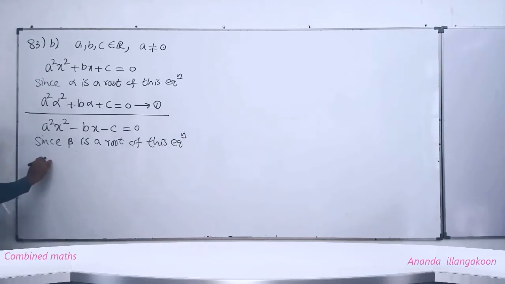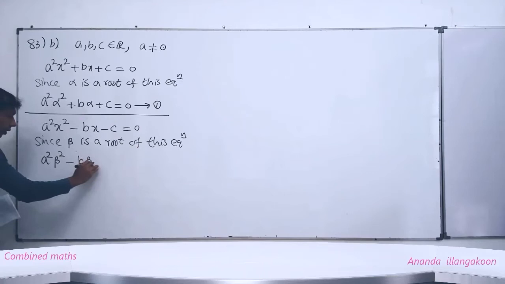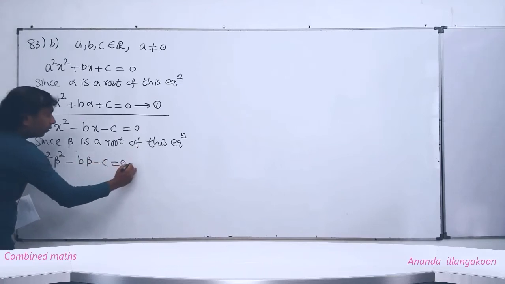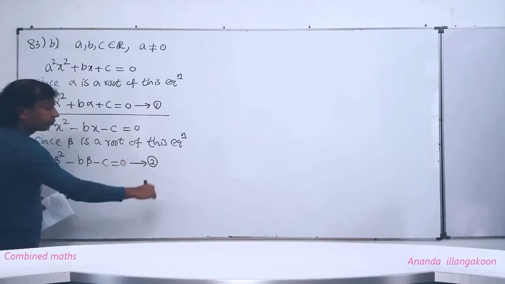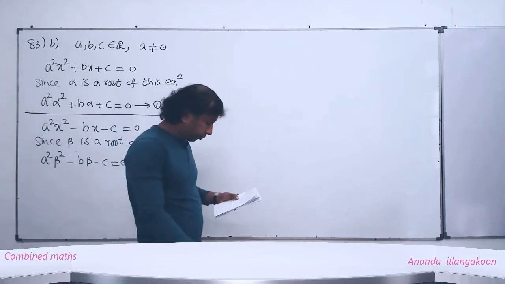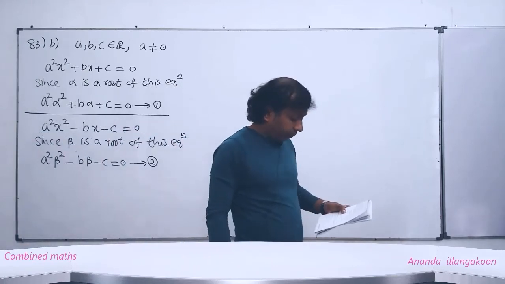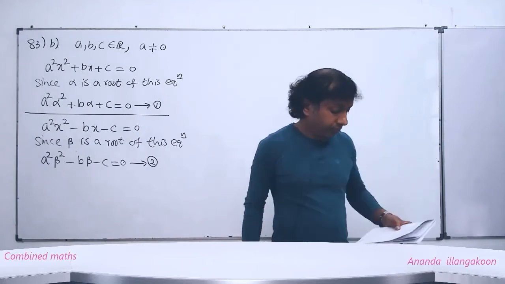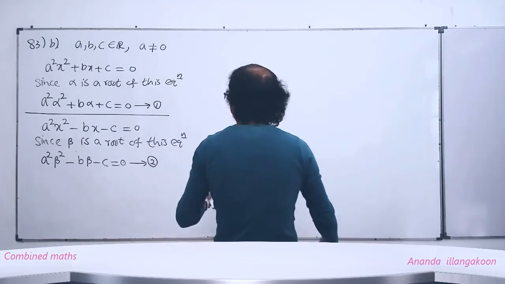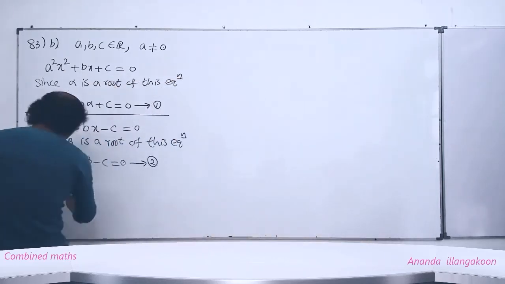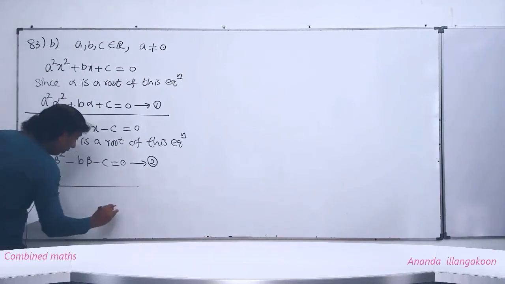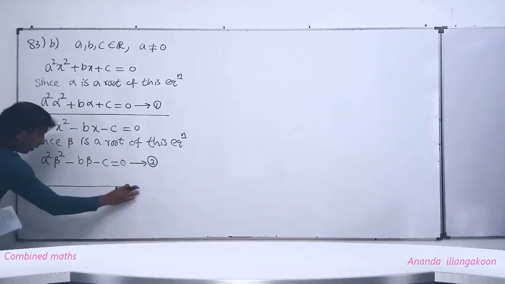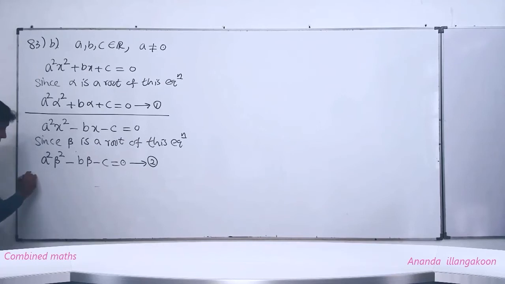We can write what? a squared beta squared minus b beta minus c equals 0. This is number 2. This is number 2. Right. And people, this alpha and beta given like this. Alpha, beta, both are positive. The statement, see here, the given statement is this: